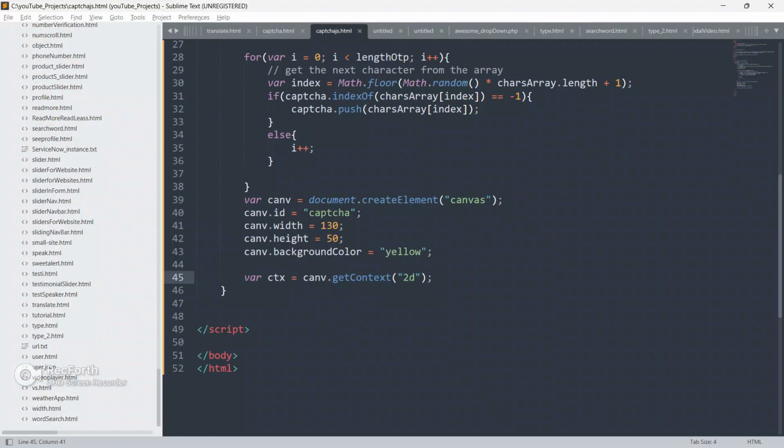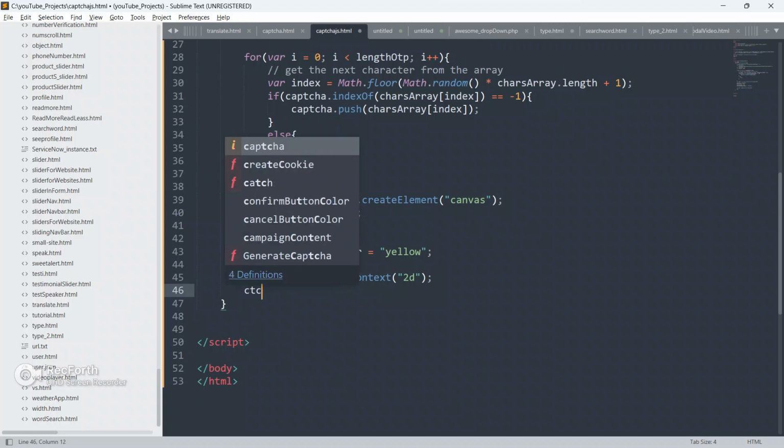So let's get back to the code now, guys, and create a canvas. I have already explained you guys how to create a canvas. Just go there and be a master of it. Okay, so now I'm going to put